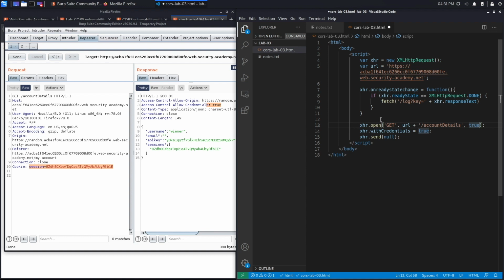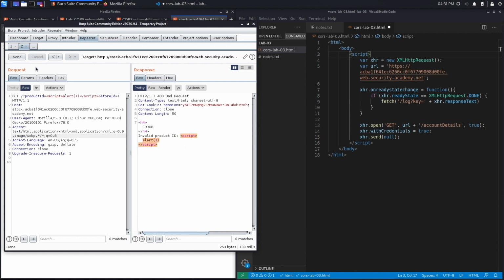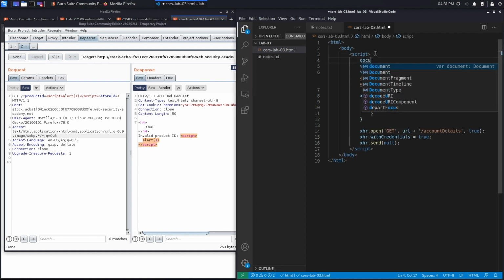If you try to run this on its own, it won't work because the application will view it as coming from your malicious server, and the application only allows scripts that are being run from subdomains of the original site or the parent site. And so we need a way to put this script in the XSS vulnerability that is available in the product ID parameter. So what we're going to do is say document.location is equal to